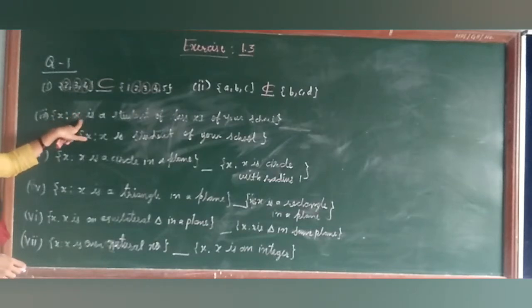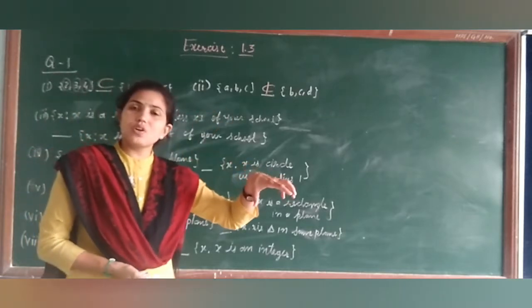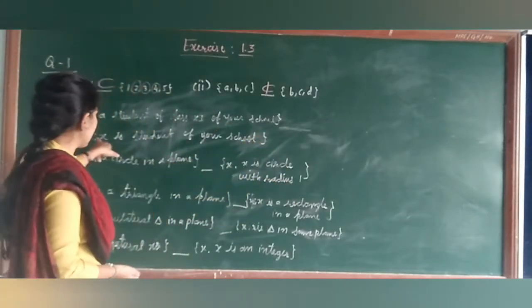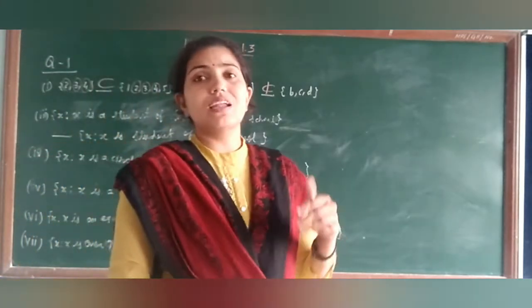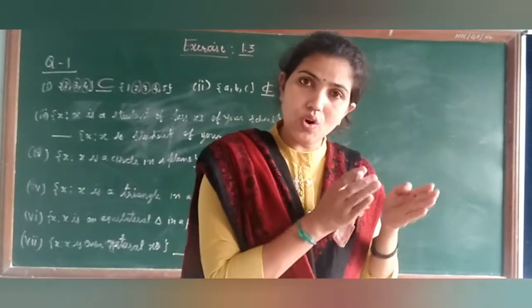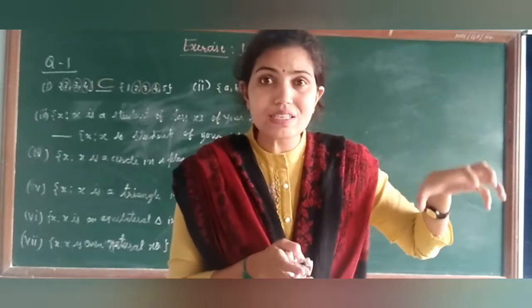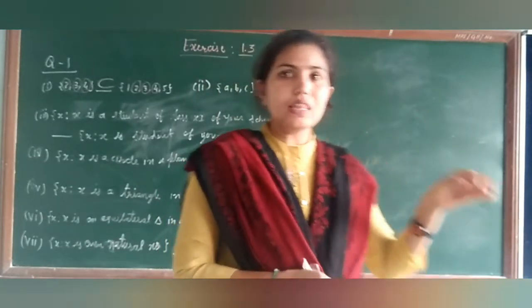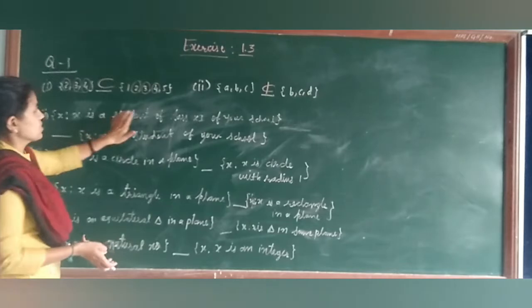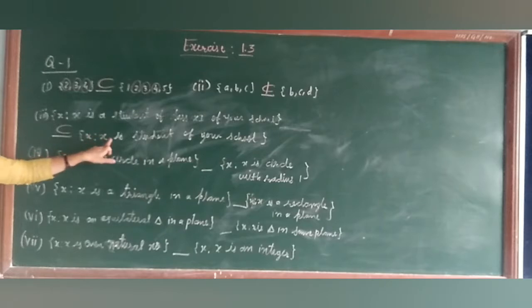X is a student of the class 11 of your school. तो क्लास 11 में जो स्टूडेंट है वो रहा हमारा फर्स्ट सेट. एंड सेकंड सेट इज X is the student of your school. Now students, you just feel which one is the larger set, students of your school or the students of the class 11. So obviously the students of the school is the larger set, और जो students of the 11th है वो सभी उसमें include होंगे. Therefore the set of students of class 11 is the subset of the set of all X, where X is a student of your school, right?